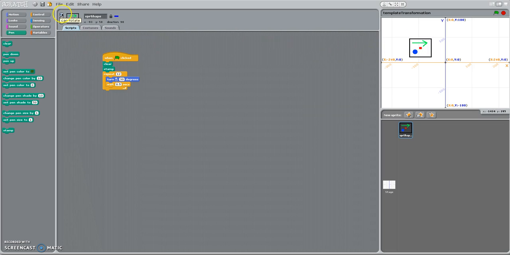So we can see that right here, if I go over to Scripts, Costume, Sounds, there's also right above this the properties. It shows the current X and Y position of our sprite, and that's always the center point of the sprite. And it also shows 3 different options here, which is can rotate, only face left and right, and don't rotate at all. This is really important to have the rotation piece on when teaching rotation. If you only do left and right, and I run this green script again,